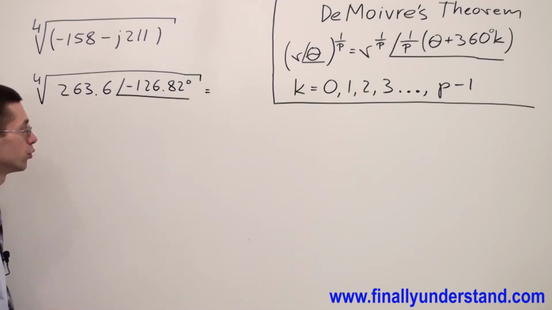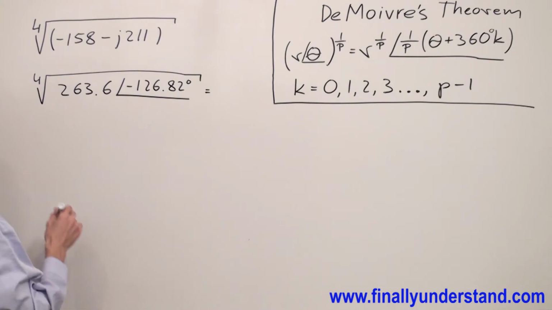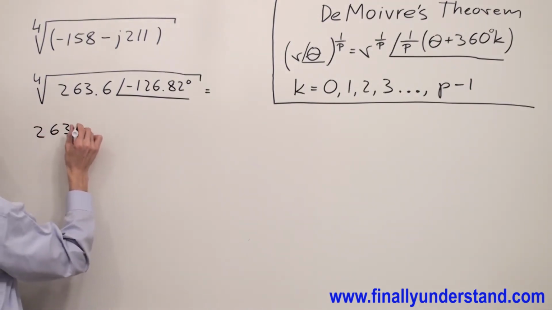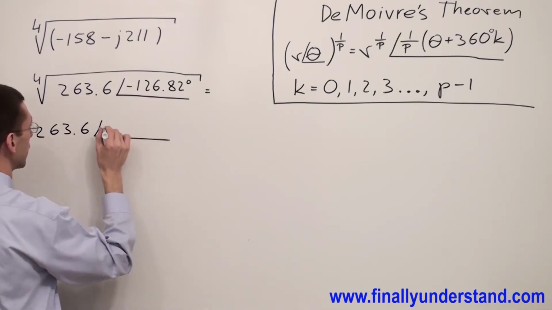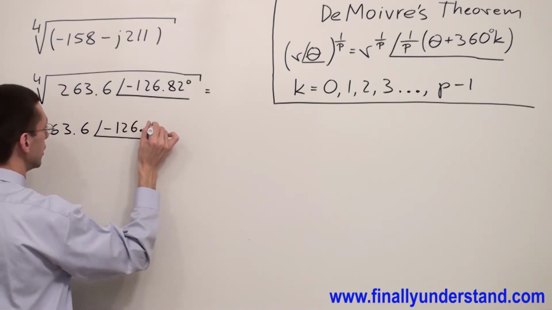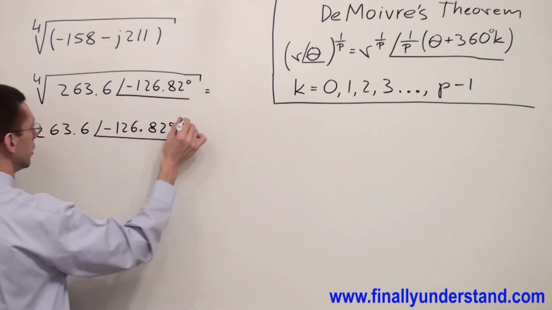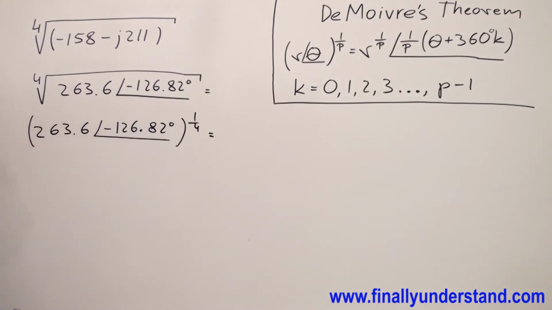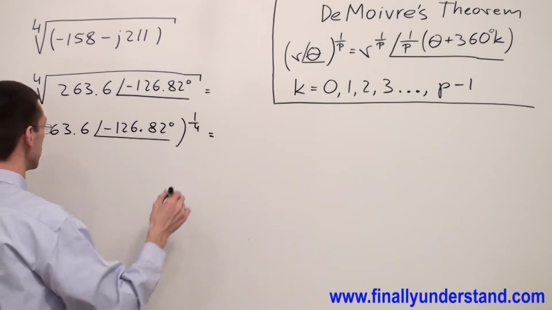Next, I'm supposed to convert the radical to power. So I'm going to have 263.6 and angle of negative 126.82 degrees raised to power 1/4. Next, I'm supposed to use the theorem and simply write